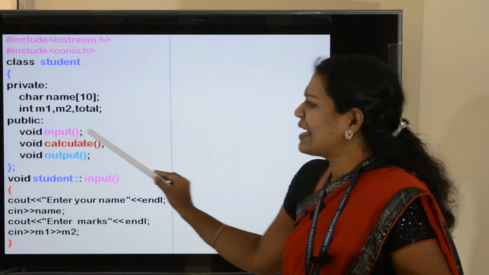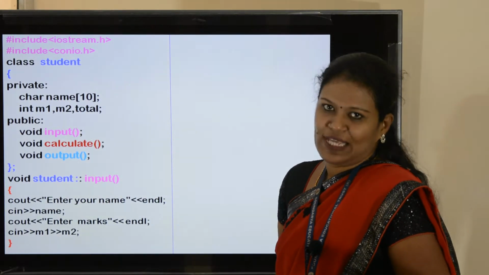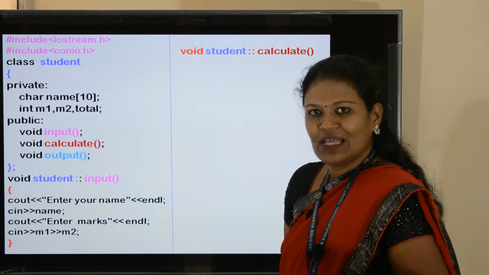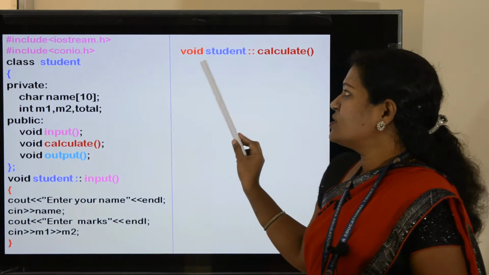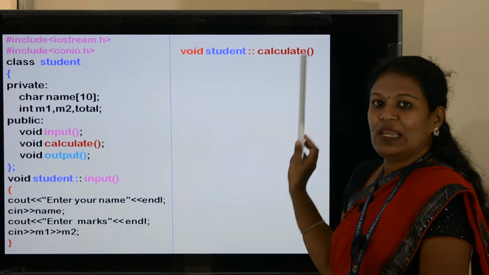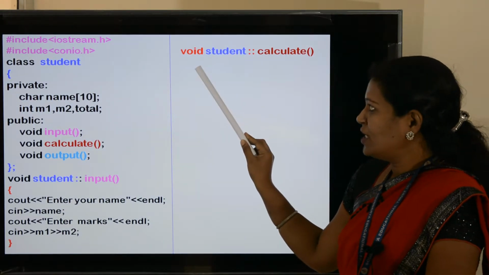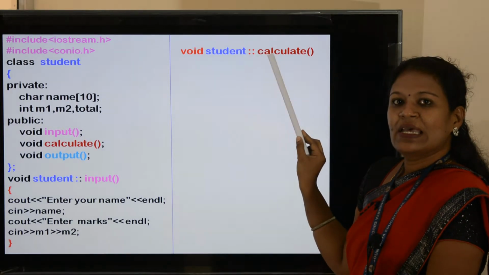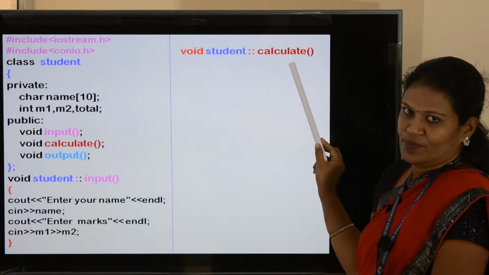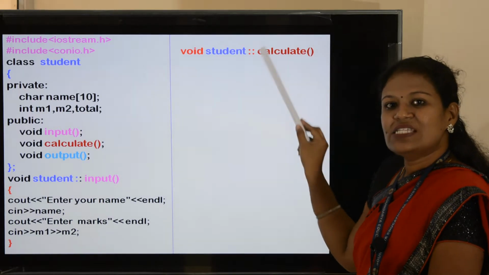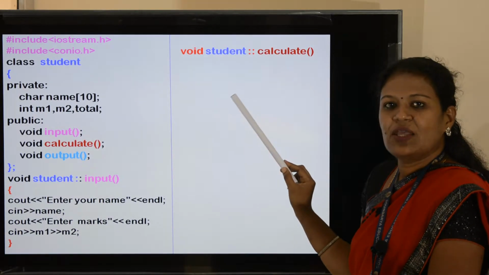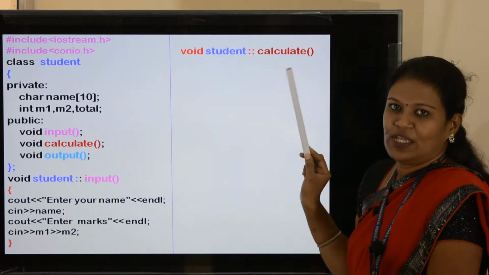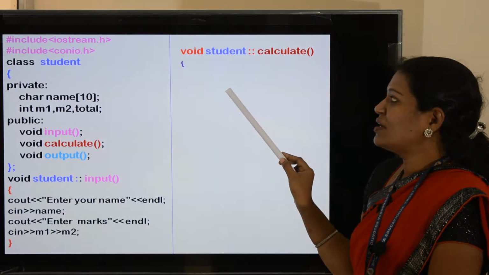Now, what is the next function here? Calculate. So we will go for the second function, the calculate function. Void student scope resolution operator calculate function. Within this function, we need to give the calculation. What is the calculation required here?